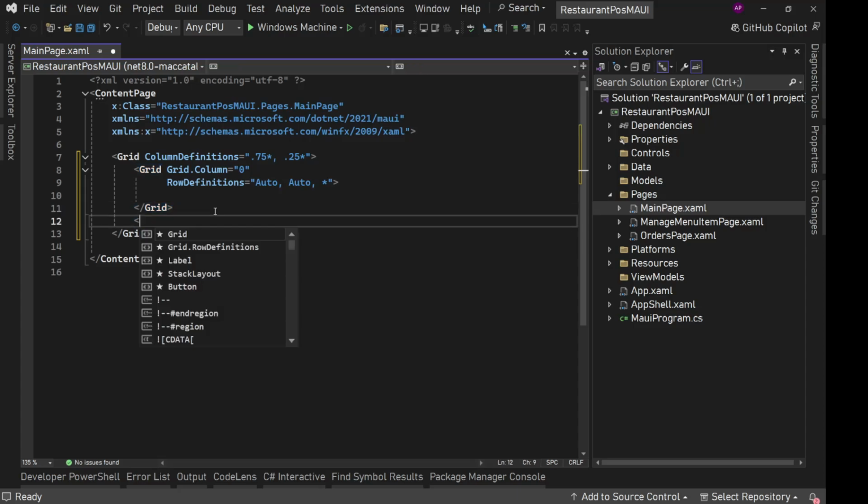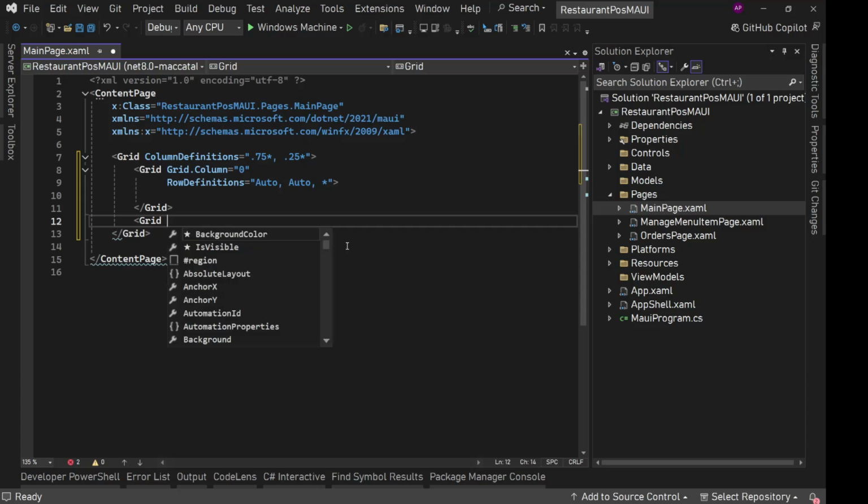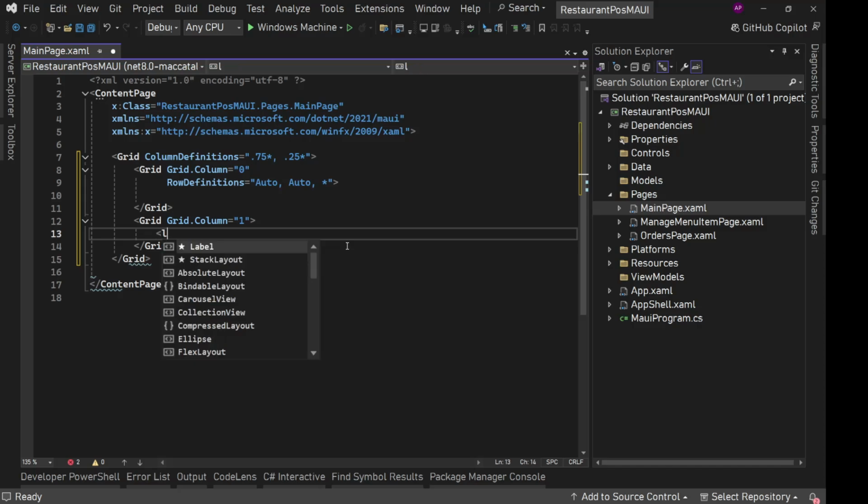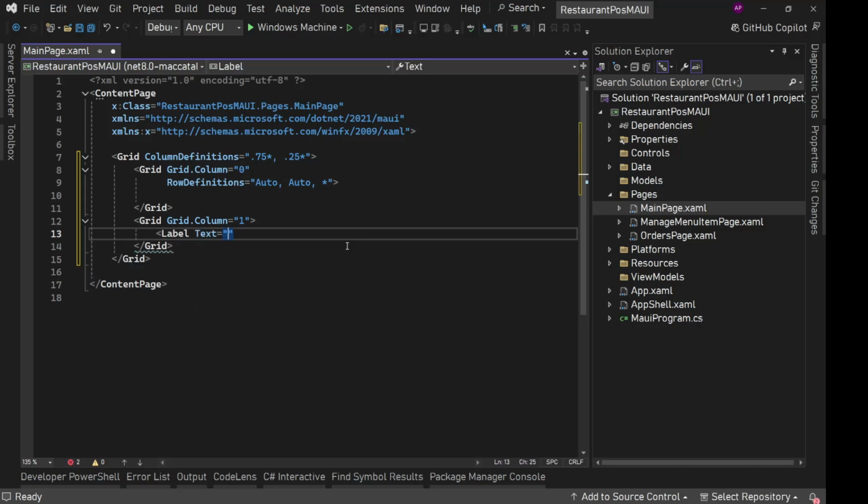After this, I'm going to have one more, let's say grid only. We'll see what control fits best for this. So grid, here I'll say grid dot column 1. Let's for now have just a label with the text, I'll say current